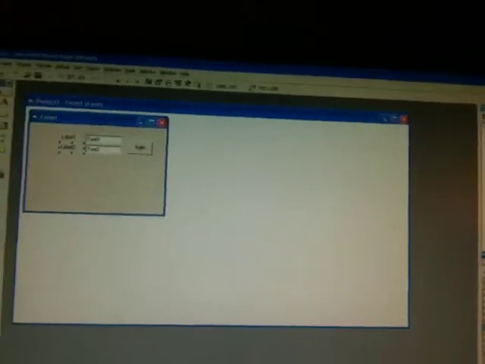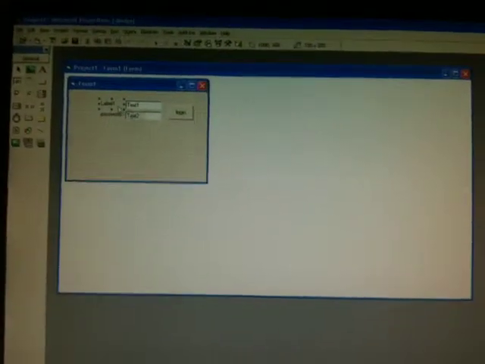Label 2 is password, and label 1 is user name.